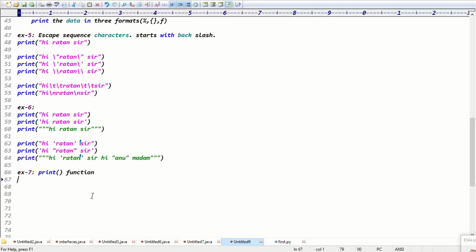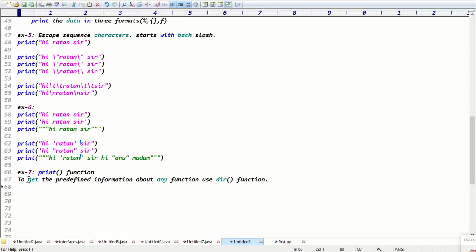Function. Yeah, function. I need to get some predefined support of the print function, guys. I need to get some predefined information of the print function. How many arguments is it expecting? What is the advantage of that argument? I need to get some information of the print function, guys. Okay. To get the predefined information about any function, use one function, guys, that is called the dir function.